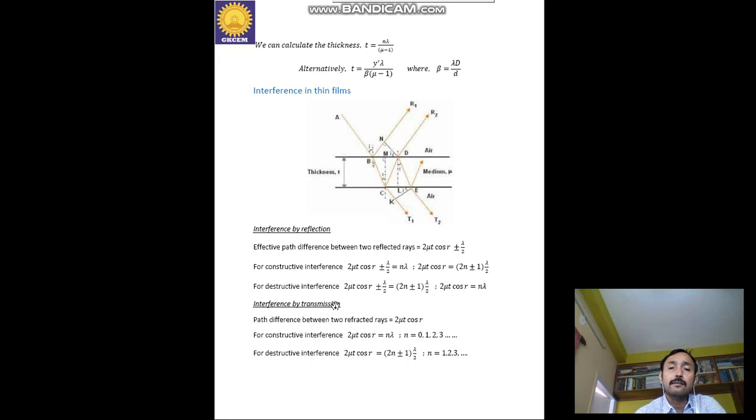For destructive interference, the condition will be (2n plus or minus 1) lambda by 2. So the lambda by 2 will cancel out. This one becomes 2 mu T cos r equals